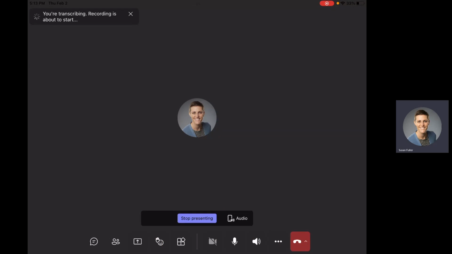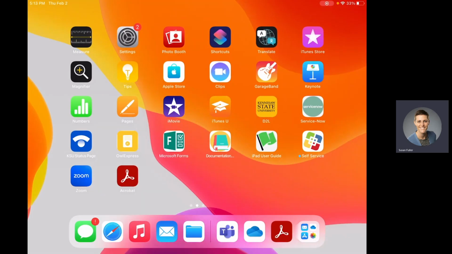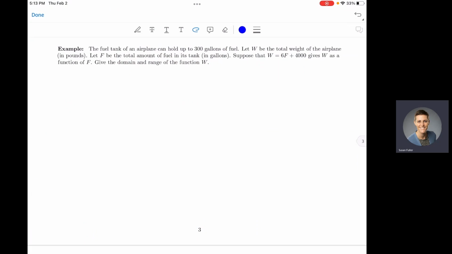Hey everyone, I wanted to make a quick video to run through the word problems in homework 4 that have to do with domain and range. These can be kind of confusing, so I just wanted to run through a couple of them with you. Okay, so our first example here, we have the fuel tank of an airplane can hold up to 300